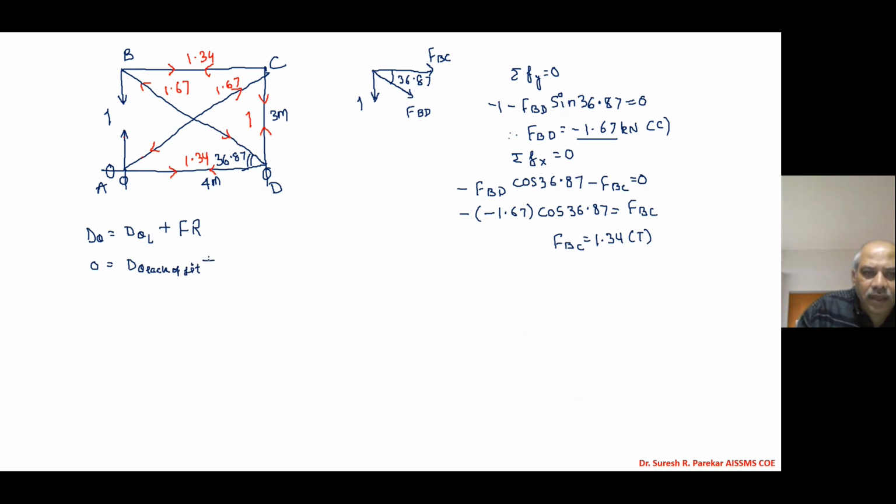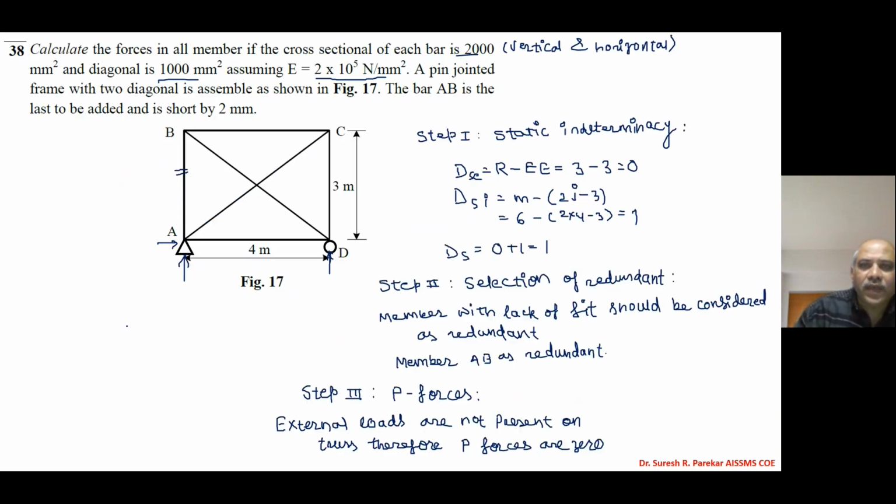Then K, we have summation K square L upon AE, and then into R. Now we will go for summation K square L upon AE. So we have summation K square L upon AE. So we will find this. Now you can see we have vertical and horizontal members,